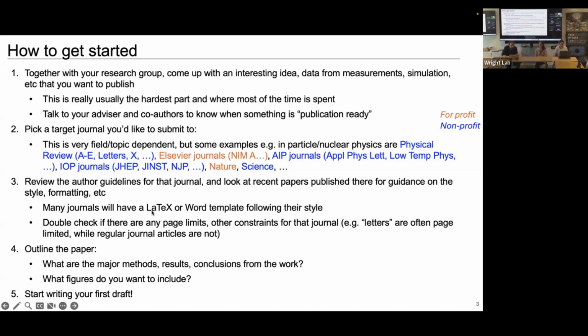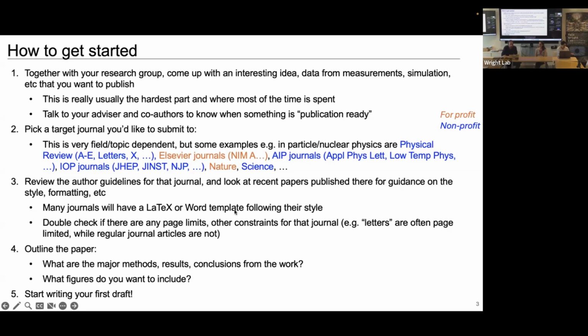And then there's other things like page limits. Sometimes there's short papers called letters, like Physical Review Letters might only give you 4 pages. If you publish in Physical Review A through E, which are the subfield specific journals, you might have as many pages as you want. That can be very constraining. It's much harder to write a 4-page paper than a 20-page paper. You might not think that, but that turns out to be really true, because to say everything you need to say in just 4 pages can be quite hard. And that can really change how you actually write it.